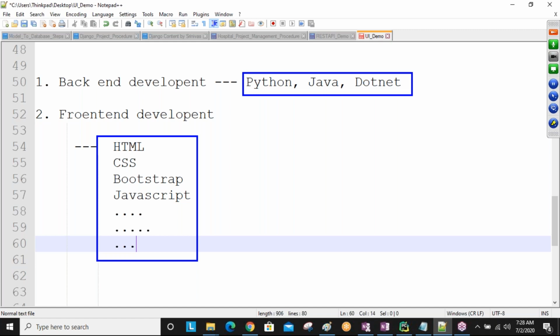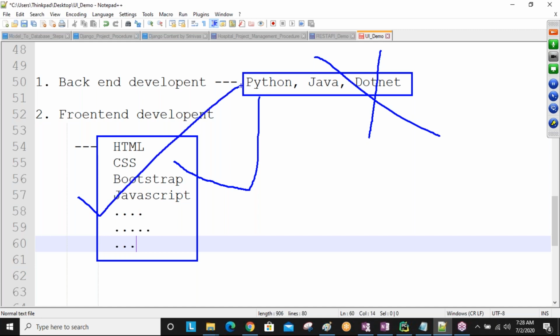Any one back-end technology and all the front-end technologies are required to develop one full-fledged application. Here we are not back-end developers, so we are not discussing that part. We are discussing only the front-end part.